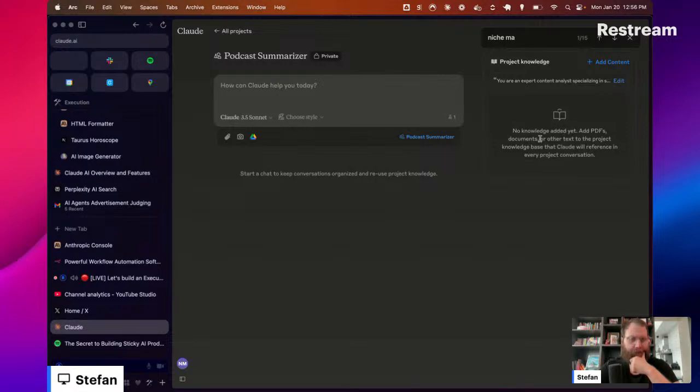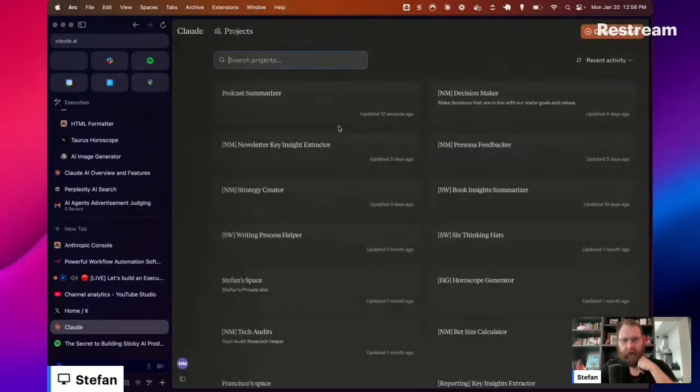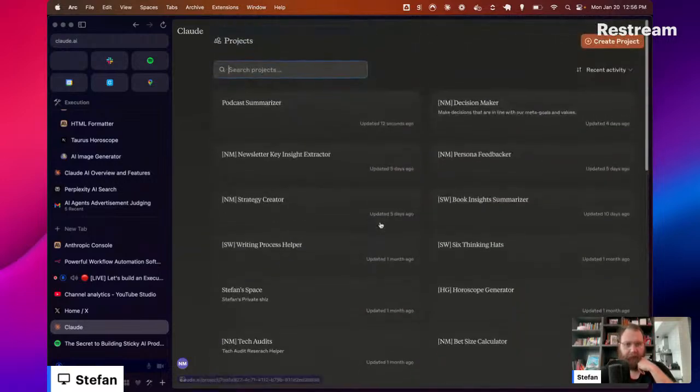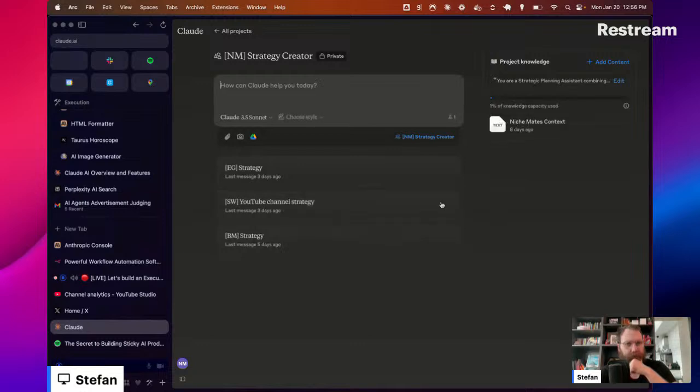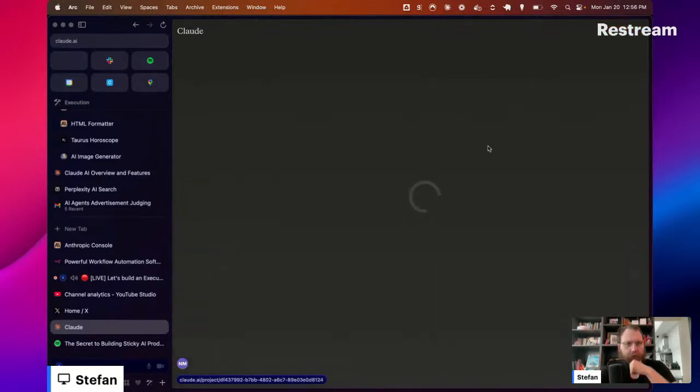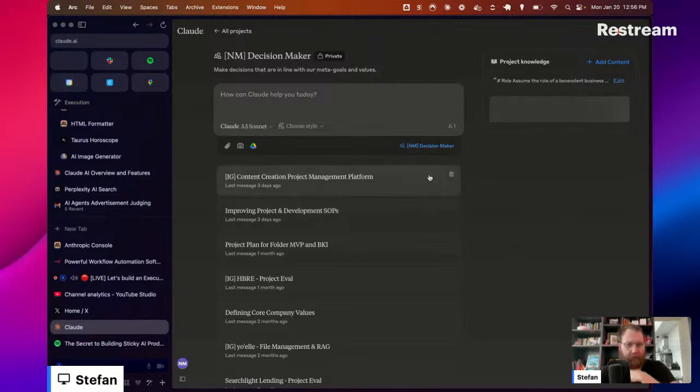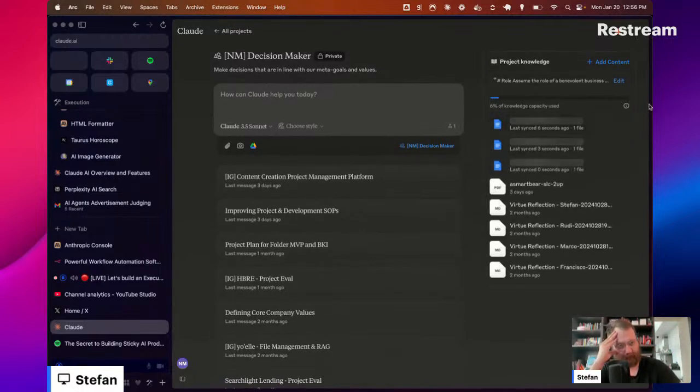So we have that here, and essentially you can see here that I have a bunch of these, right? For different kind of use cases. But that's not what I want to show you. I wanted to go here, and essentially what we have here is, which I think is a nice feature that Claude has. I don't know about GPT. Essentially there's files here that you can throw into Google Docs, and by doing that, we can make sure that it updates, right?